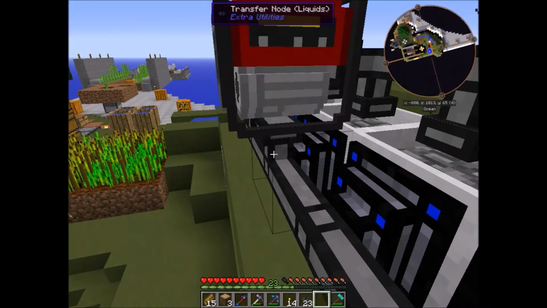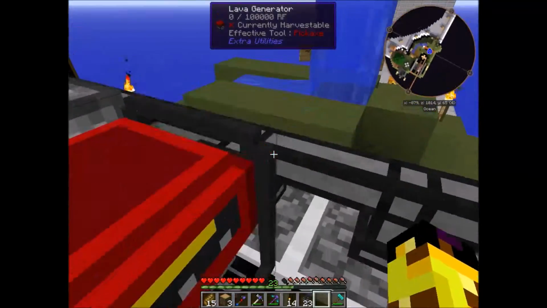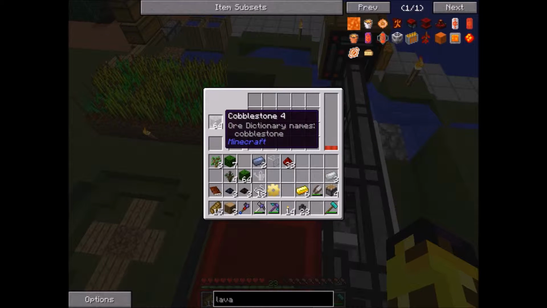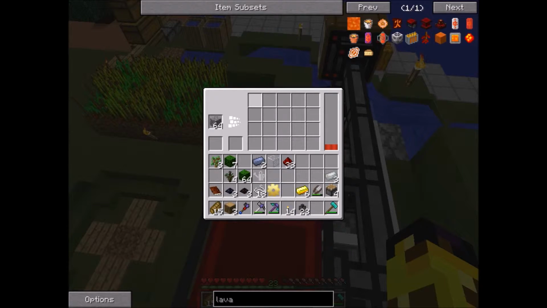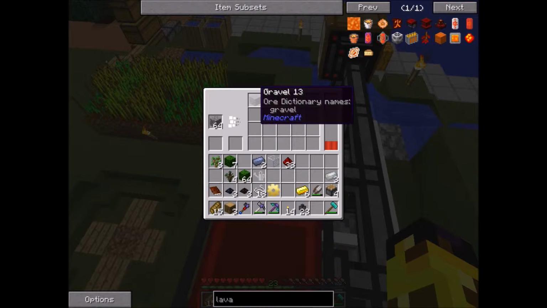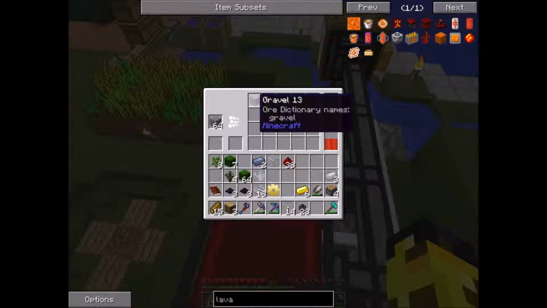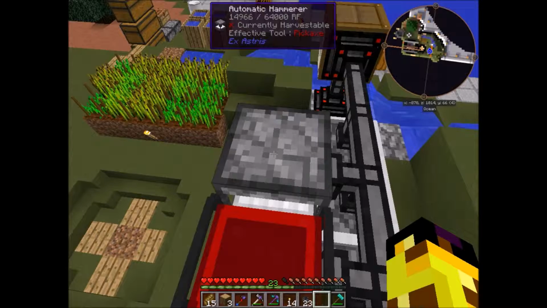And now this should be powered. There we go. And he will just happily hammer on that cobblestone and produce gravel. Now he's got quite a big inventory in here, so you don't have to really be in a rush. You could just do this and then go and sieve the gravel yourself, but